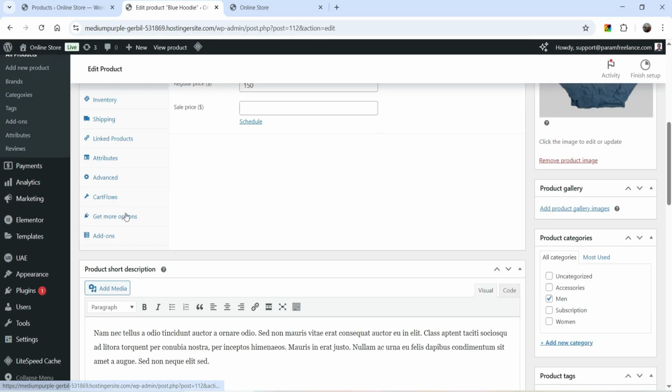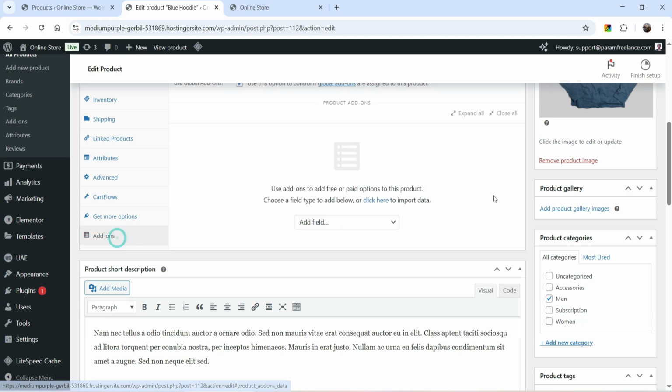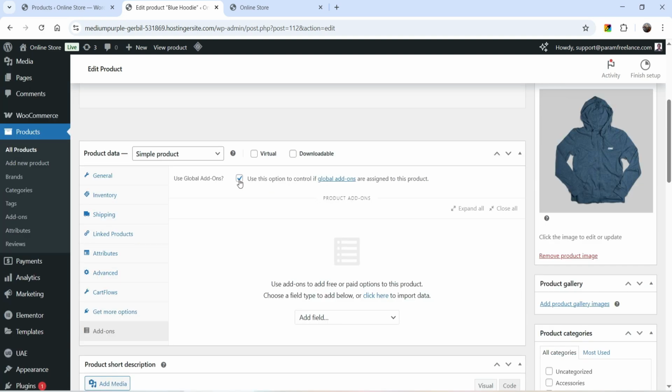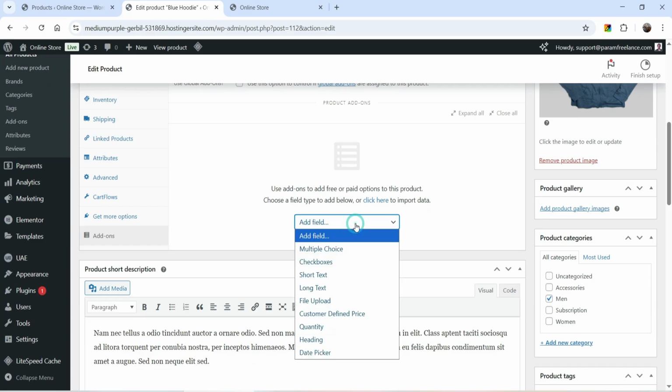And if you scroll down here, you will see an option add-ons. Click on it. Now here you will see a checkbox. Uncheck it if you do not want this particular add-on as a global add-on. Alright, now here you will see add field, and when you click on drop down, you will see different options: